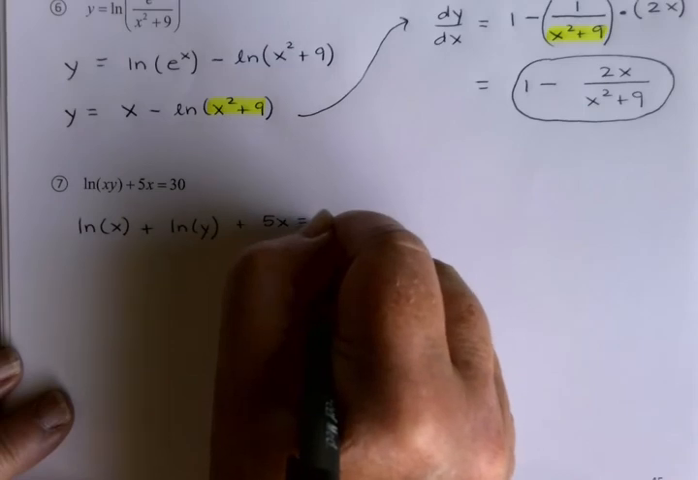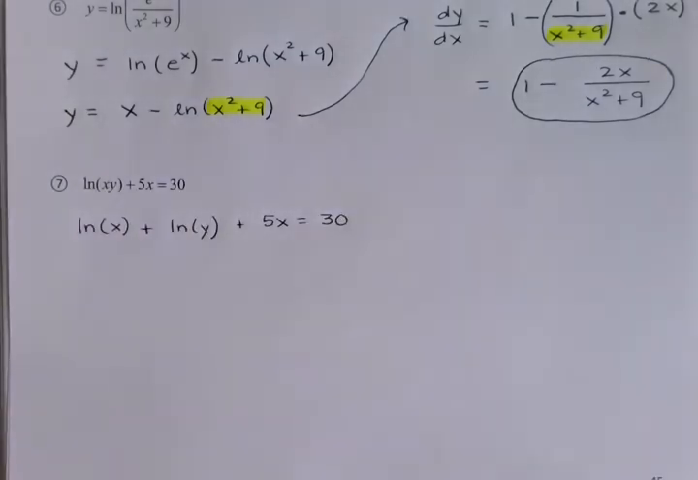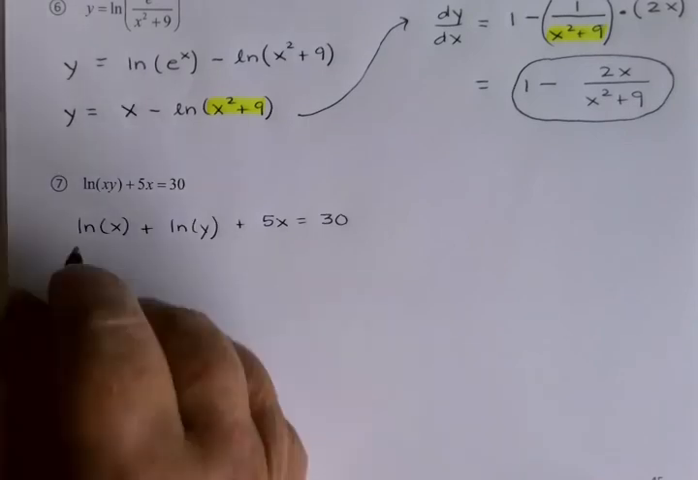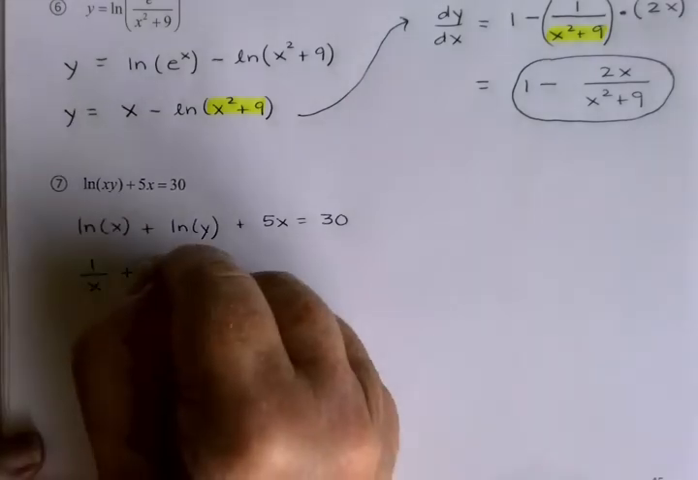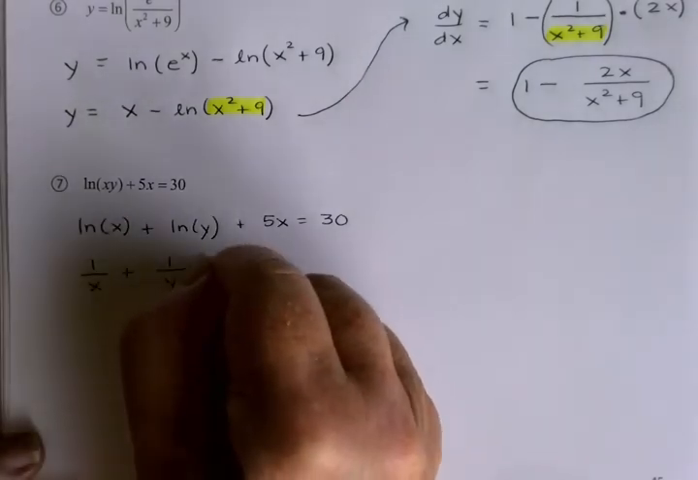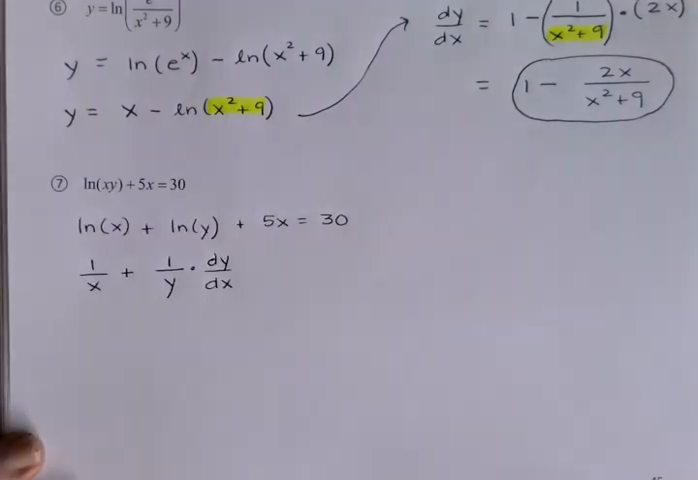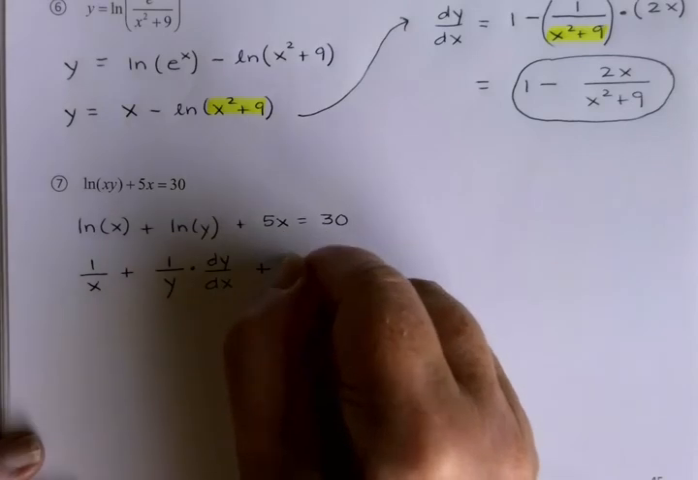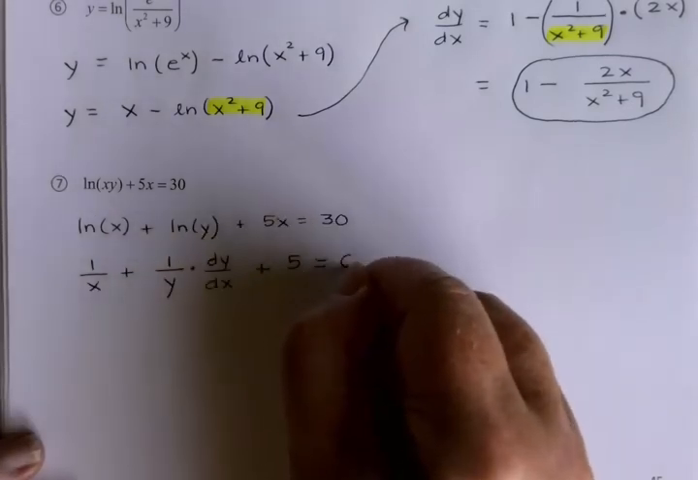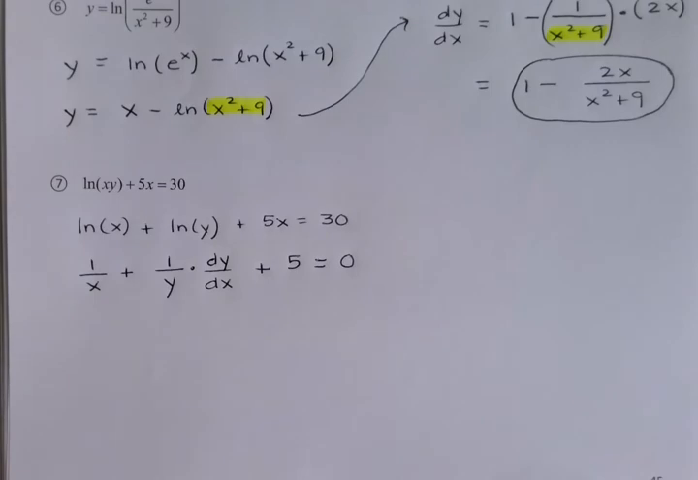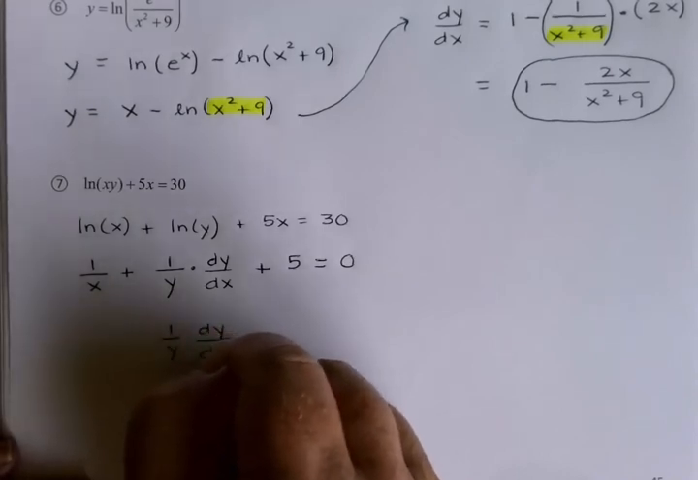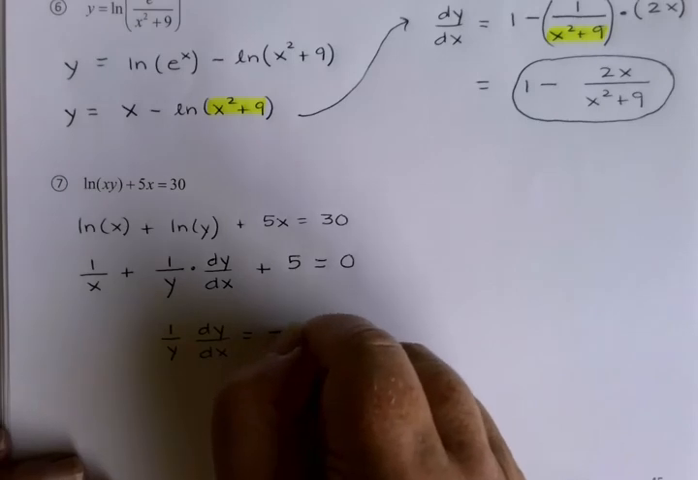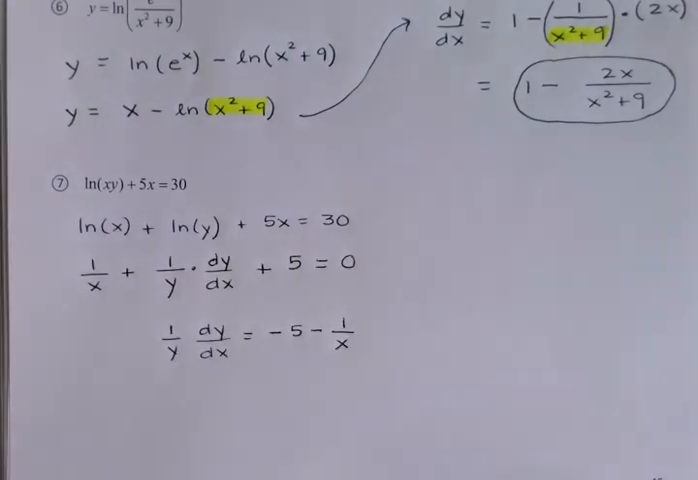Plus 5x equals 30. Now that it's algebraically a little bit simpler, I'll go ahead and do my implicit derivative. Derivative of ln x is 1 over x, plus the derivative of ln y would be 1 over y, chain rule, times dy dx, plus the derivative of 5x is 5, equals the derivative of 30 would be 0. So I've got 1 over y dy dx, and I'll take everything else to the other side, equals negative 5 minus 1 over x,